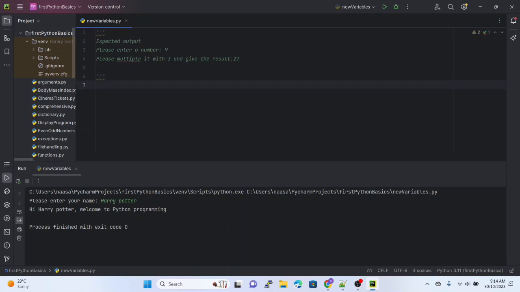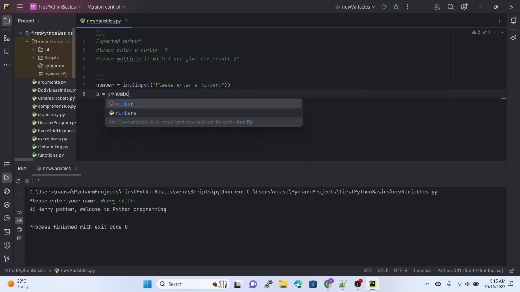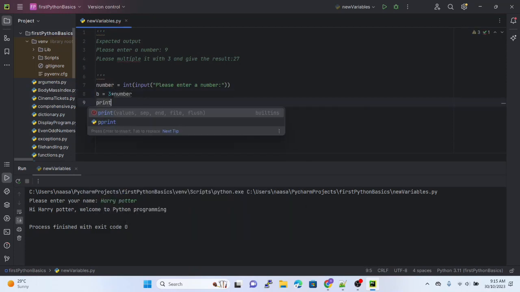So for input, I'll give number equal to, we are typecasting whatever we are giving, using the interaction command: please enter a number. Whatever the number is, we multiply it with 3 and give the result, like 9 into 3, whatever number into 3. Either we can do this or 3 into number. I'll do both. Print